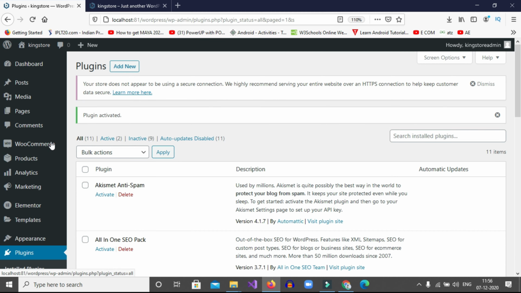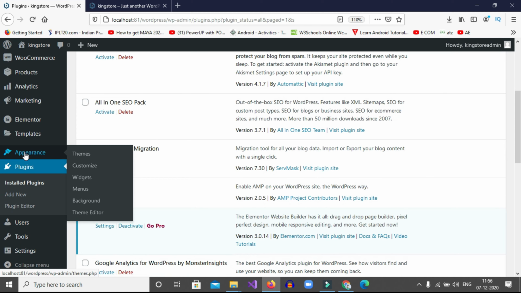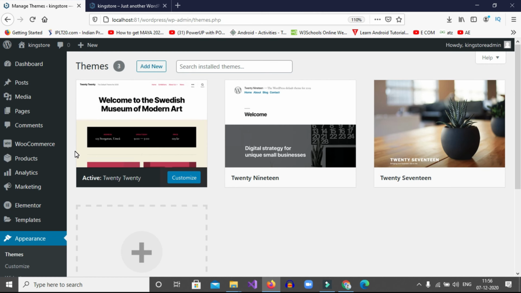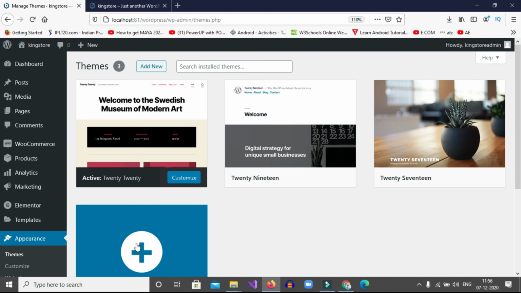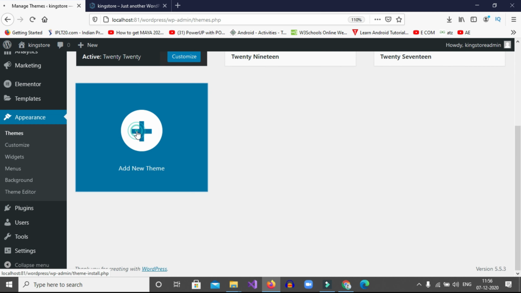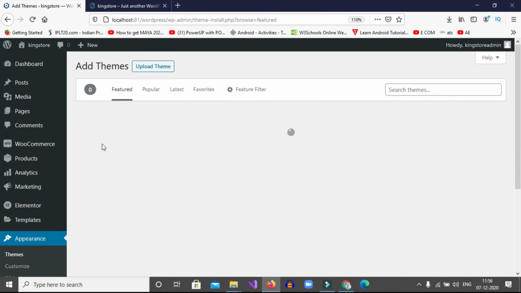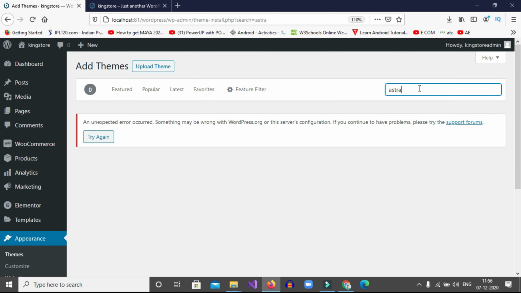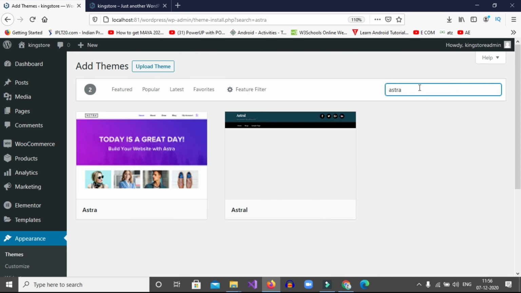Okay, now we will add a new theme to our website. So simply click on Appearance, then click on Themes. Here you can add a new theme to our WordPress. Click on Add New Theme. Okay, first we will add a theme, then we will add a new e-commerce theme template to our website.